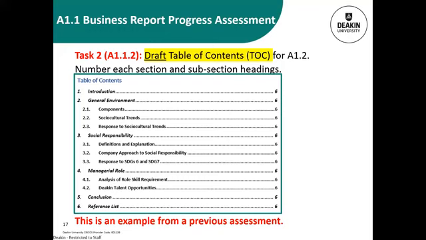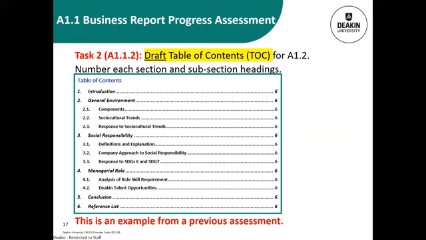So obviously some of the headings will be similar, but other headings will be different because this is a table of contents that relates to a previous assignment. So you'll need to look at our current assignment task words to see what headings you will need to include. But generally you'll see that it's got a heading for the introduction and then those section headings that relate to the 3 tasks in the body of the report. And there's a conclusion and a reference list.